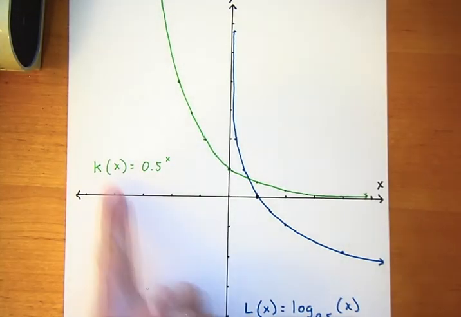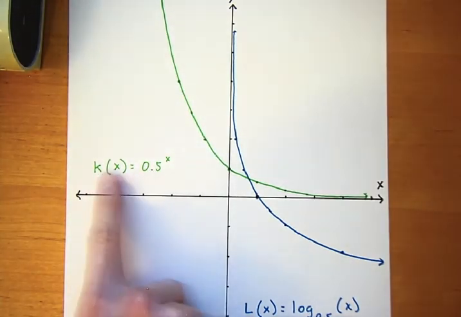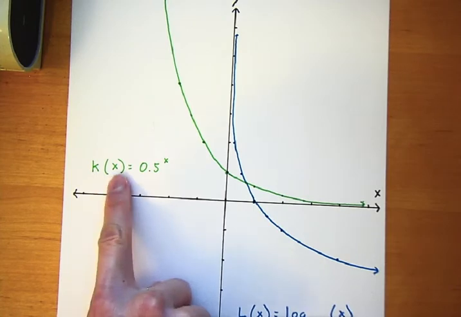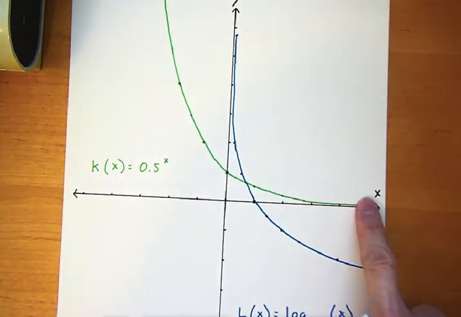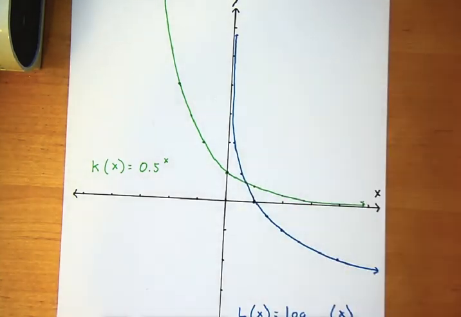This is an exponential function that's decreasing or decaying. So exponential decay. And this is the inverse of that. That looks like that. And once again, because these two are inverses of each other, they will reflect across the,